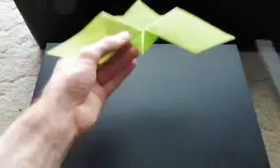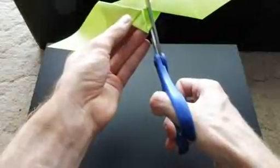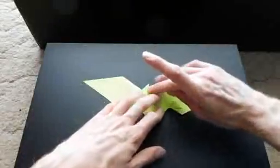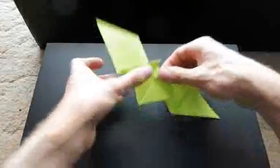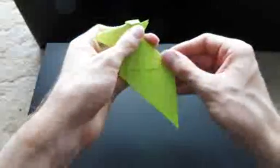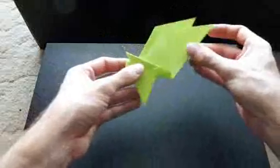Now, cutting very carefully, cut like so, and fold the front down like this, fold in half again, and if you like, pull the head just slightly forwards to make it stand proud of the surface,